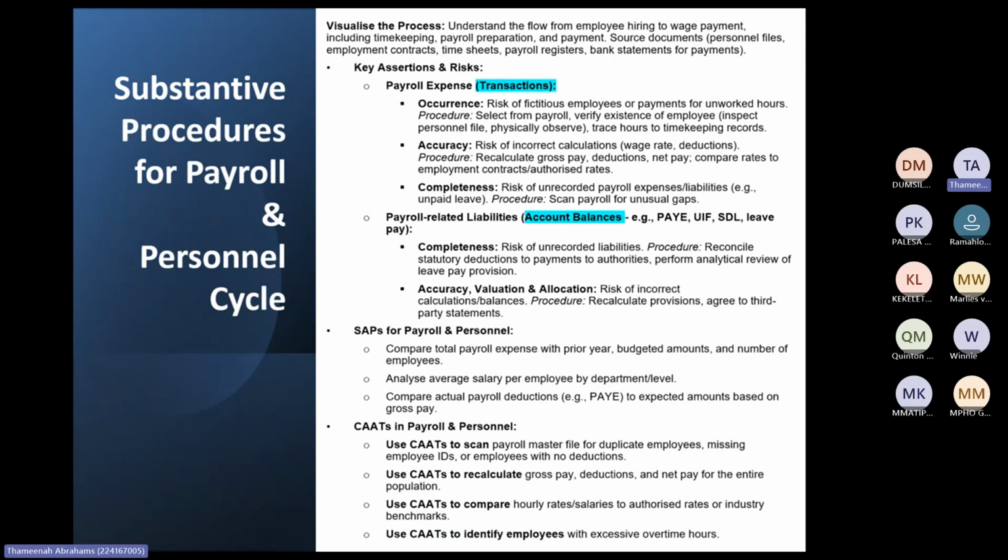Okay. So, substantive procedures for payroll and personnel, that is your HR. That is now salaries and wages, right? So here again, you visualize the cycle. Where does the cycle start? Of course, the cycle starts with the need for an employee. Then they'll put the advert up, and then they will interview people. Once they interview and you have a successful candidate, they'll sign an offer letter. From the offer letter, they'll sign an employee contract. Once it's signed by the relevant parties, it will go to the payroll department, where the payroll department will now add the new employee to the payroll master file.